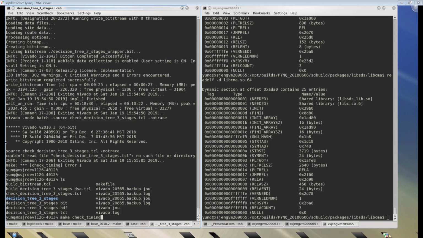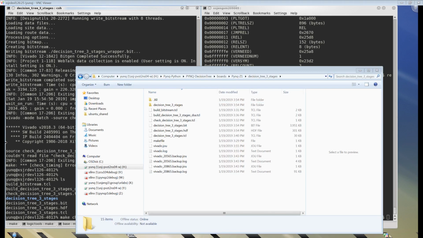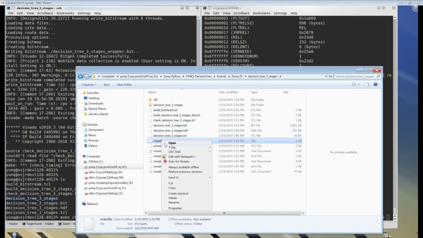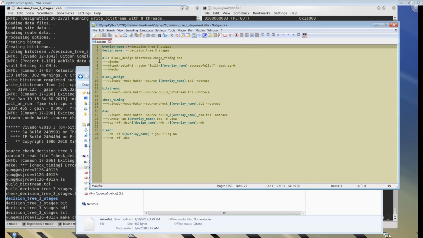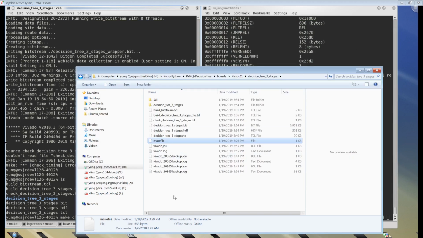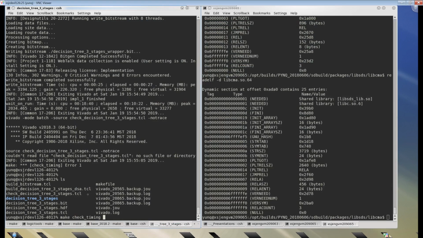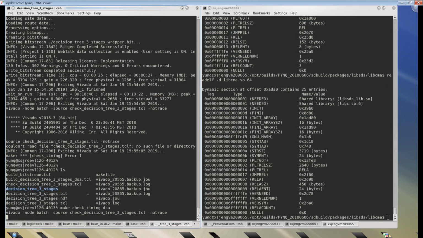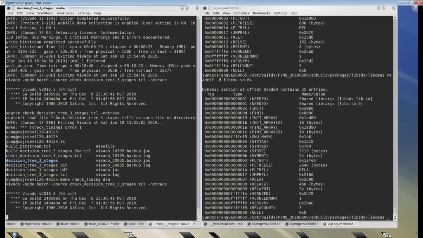I think the project is called that thing, right? So let's see. The target name is check timing. After check timing, I also need to build the DSA. So block design has finished, bitstream building has been finished, so I only have to check timing and DSA. Whenever all those scripts have been finished successfully, I would probably clean the project and